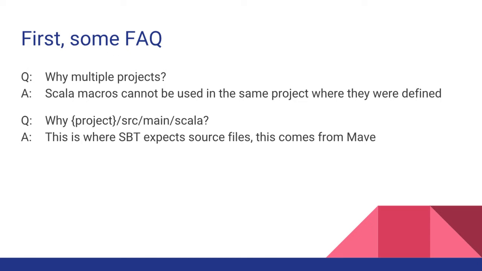And in Maven, it expects you to put your Java code in source main Java. And so SBT, the most common Scala build tool, although I think S now stands for simple build tool because it can also build Java code, expects them in the same place. And because it's the standard for how you build Scala code, that's why we put it there. I know, not super exciting, but that's the answer.